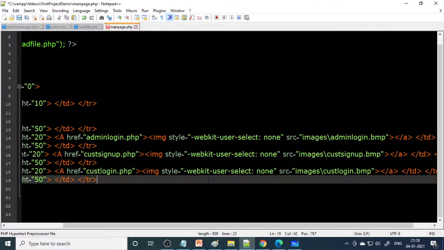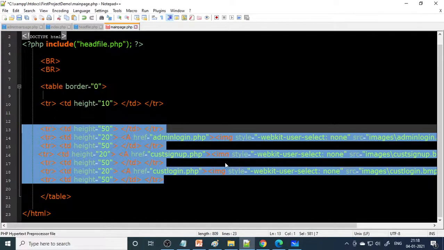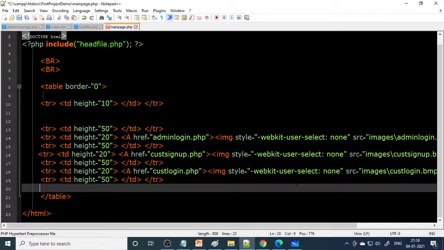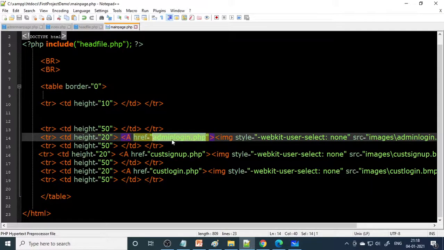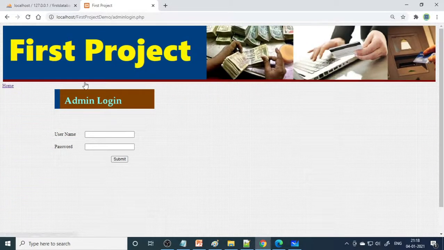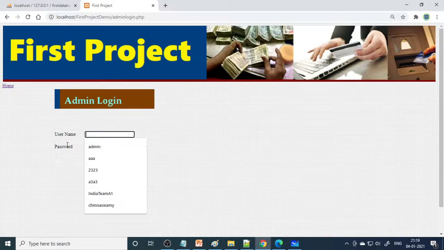For that, this is the code. This is all HTML code. I hope you understand, you know this. Otherwise you need to learn all these things, then implement them. Fine. So this is the thing. Now when you click admin login, it will take you to admin login.php. So now I'll show you, when I click this, you can see that this is admin login.php. Here is admin login, username, there is a text box, password, there is a text box, and there is a button to submit.